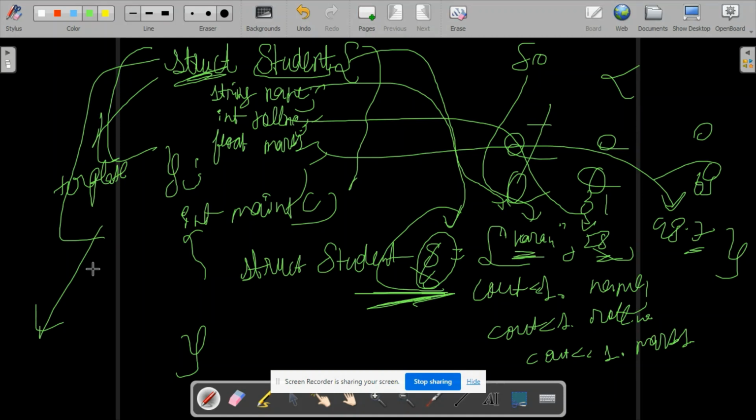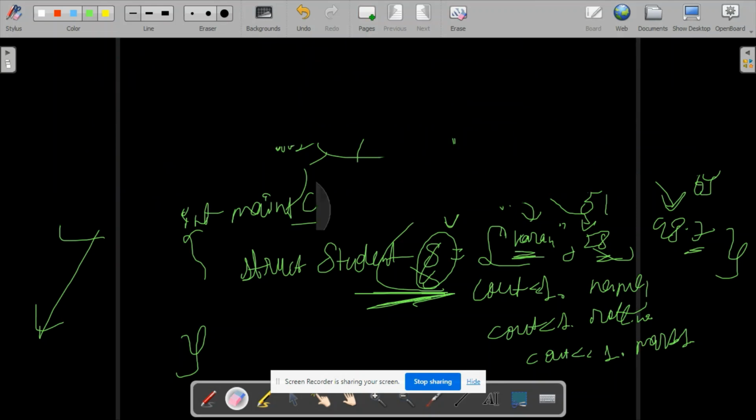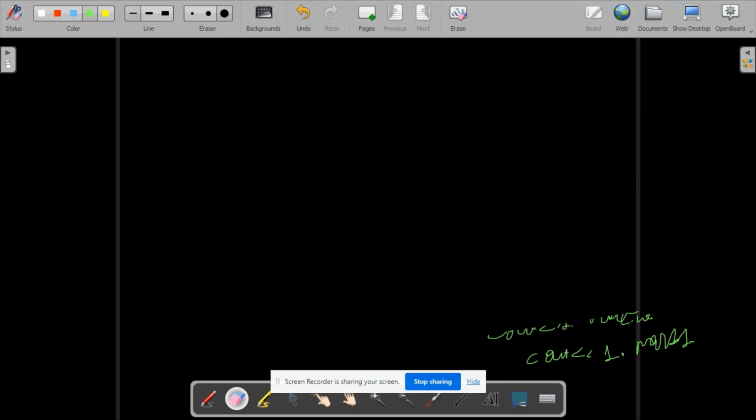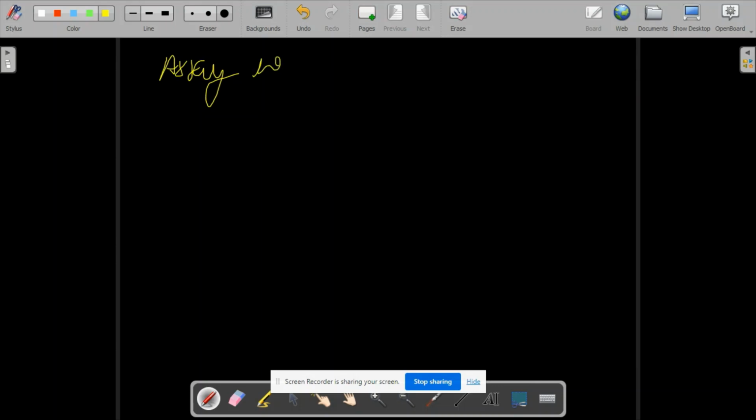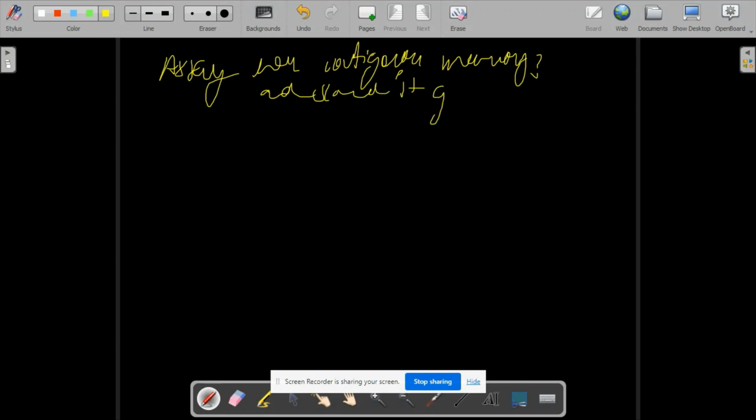So this is how we overcome the problem of an array being homogeneous. Now another disadvantage is that an array has contiguous memory, and sometimes it gets